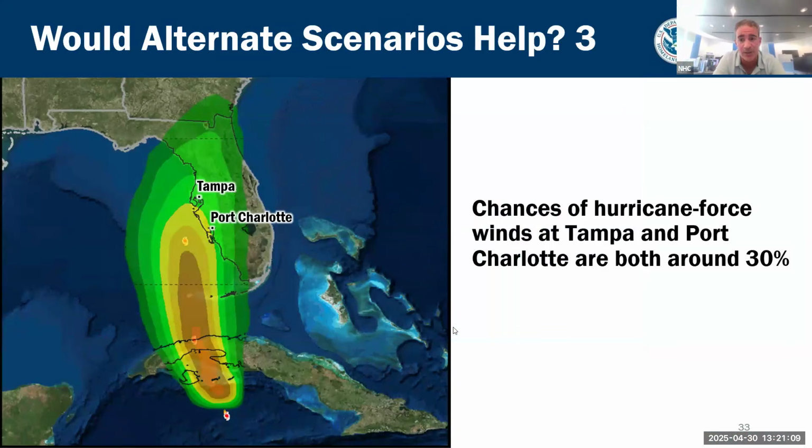So in this same scenario, Tampa and Port Charlotte in the Punta Gorda area in Southwest Florida both have around a 30% chance of seeing hurricane force winds. They all have about an equal shot. So even though the dot was in the Tampa area, the way you should really interpret this is they all have about equal risk. So if you live in Southwest Florida or West Central Florida, you're all under the gun for a pretty decent shot of seeing hurricane force conditions. And that's really what we want you to get from these probabilities.